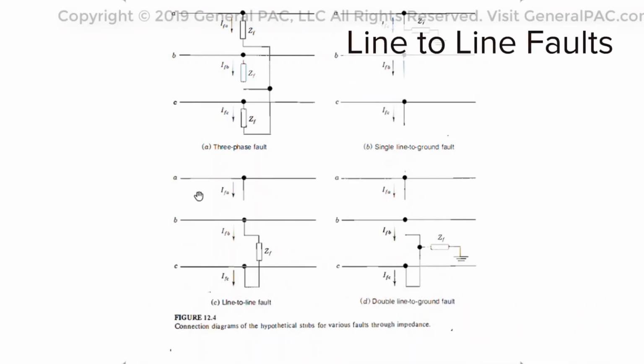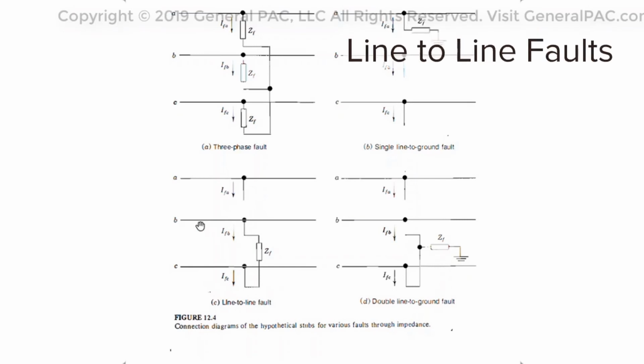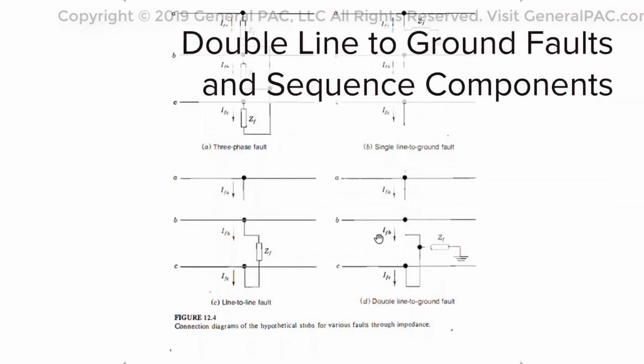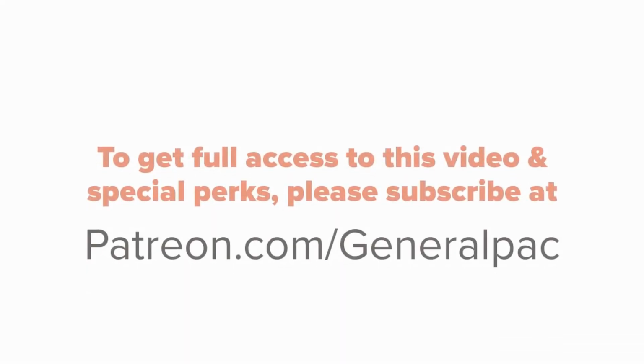For a line-to-line fault, however, it does not involve a ground mode, and because it doesn't involve a ground mode, we should not see a zero sequence component. For a double line to ground fault, however, you do have two different lines that are in contact with each other, but you also have a contact to ground. So a double line to